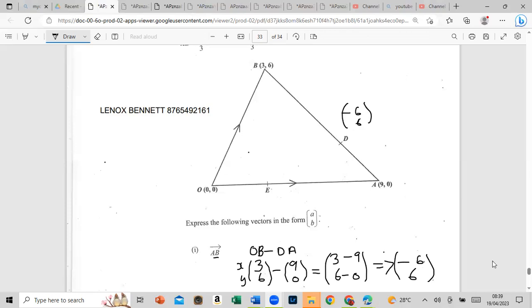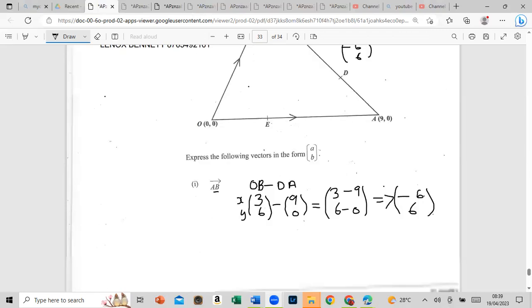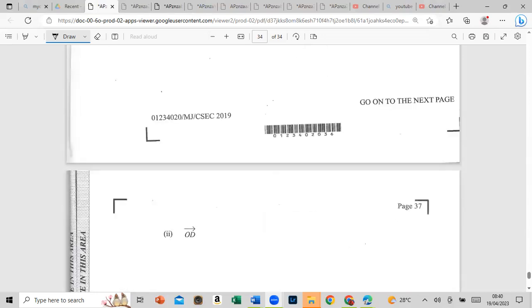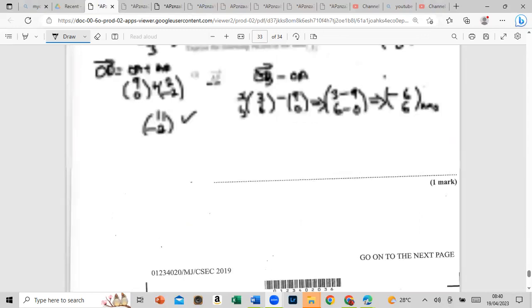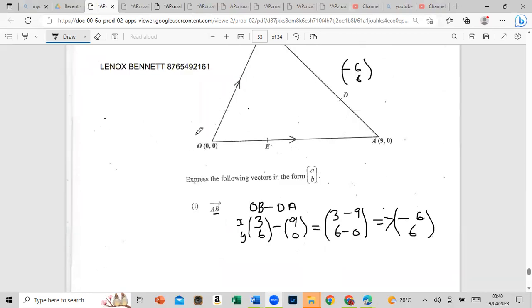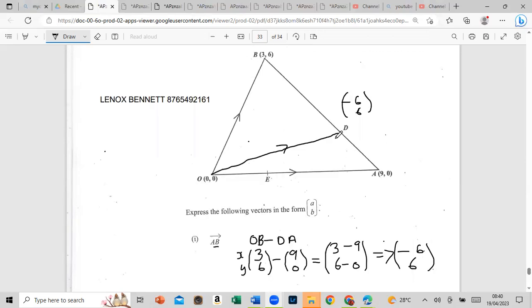Alright, so nice little question to start us off. Let's see what else they have in store for us. Computer lagging a bit. They ask us to find from O to D. So let's go back up. We need to find from O to D, so this would be the vector they're asking us to find. Which route can we take? We already found (negative 6, 6). So what we can do now is find right here. I think that is very easy because they told us that